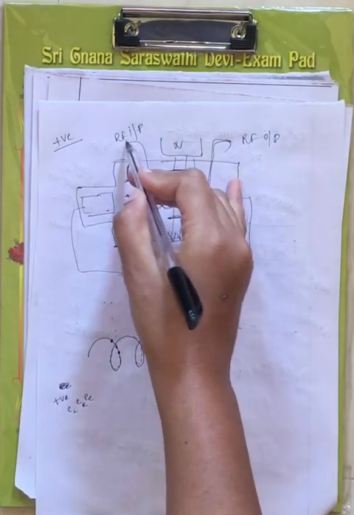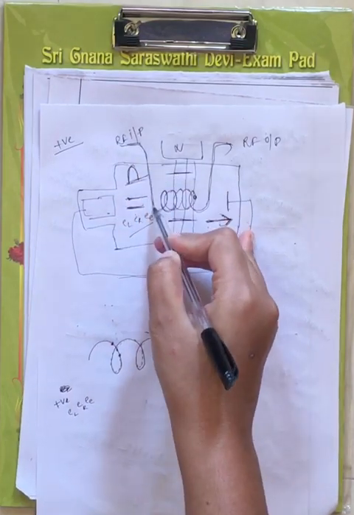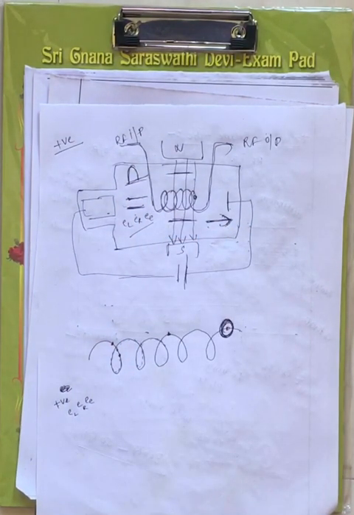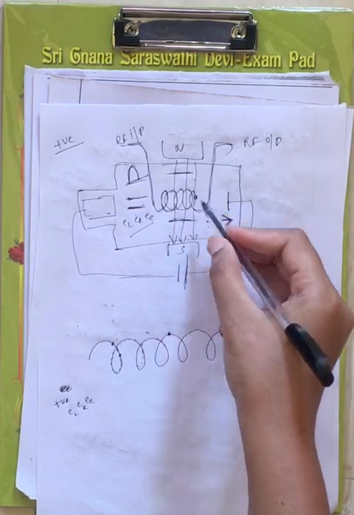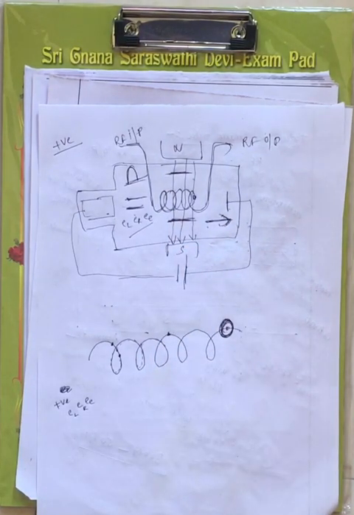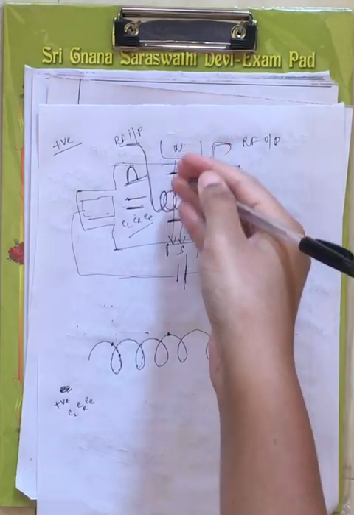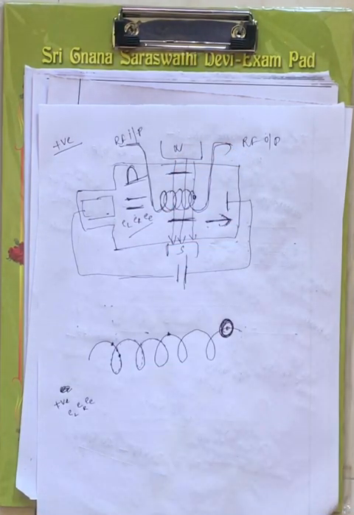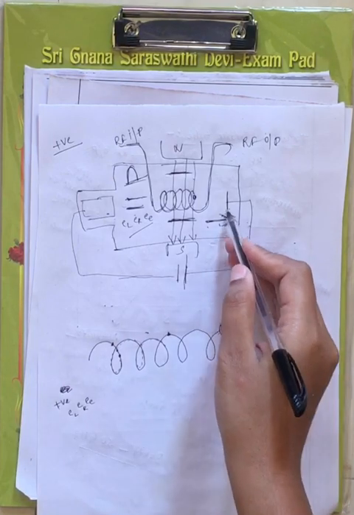Now whatever signal you want to amplify is given through this structure. It is an AC signal. It contains a positive half cycle and a negative half cycle. Now this is your slow wave structure, and these are nothing but your attenuators. Attenuators are used to bound the beam of electrons. Now here you are placing the magnet which will generate a magnetic field. Based on this magnetic field only, you can amplify the signal.